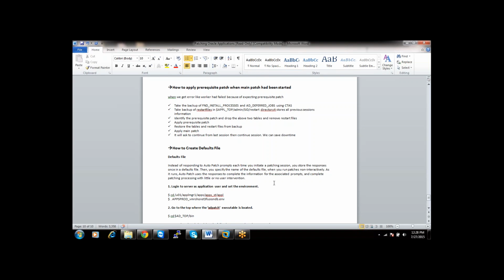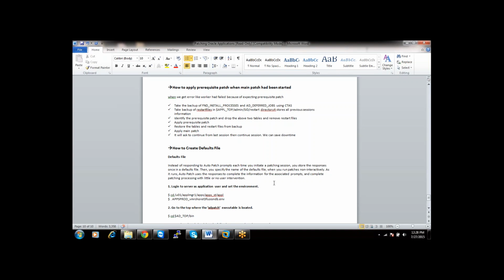Okay. So how do you apply a prerequisite patch when the patch has already been started? Let us take an example of a big patch of 500 MB. Unfortunately, when you are reviewing the README, they have specified one prerequisite patch for this main patch. Are you getting the point? You forgot to apply the prerequisite patch and proceeded with the main patch.